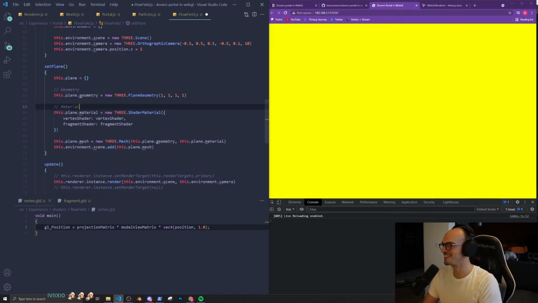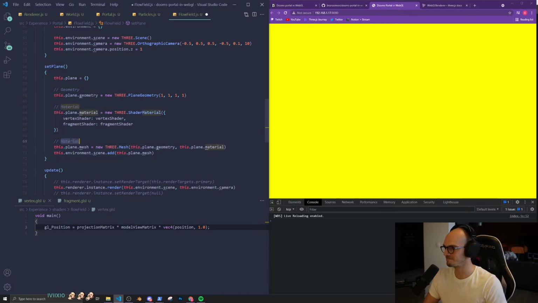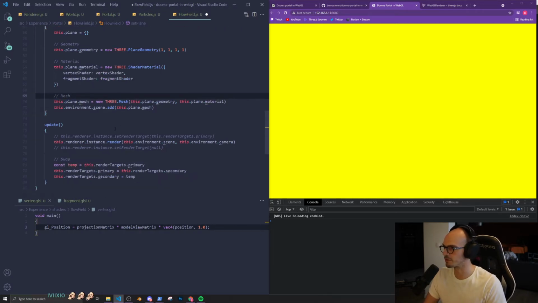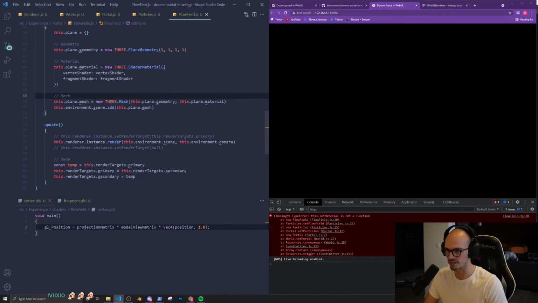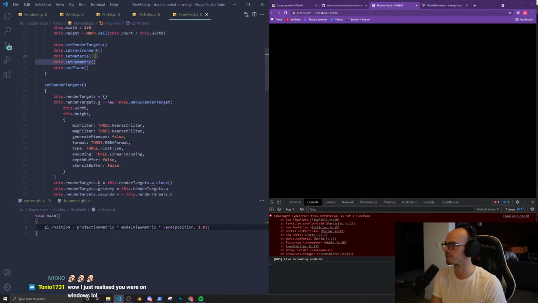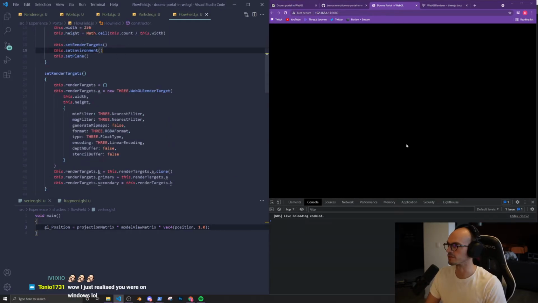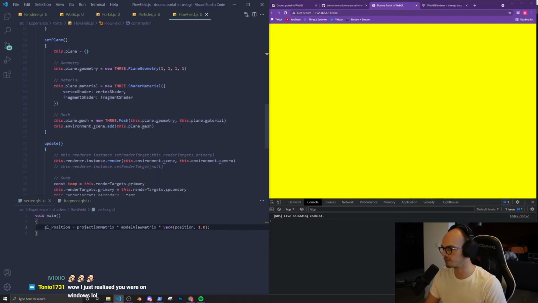So the material and the mesh. So I probably broke everything. Yes, I did. Yeah, we need to get rid of those. All right, so it's more simple. Yeah, we just have that. Then what we can do is,